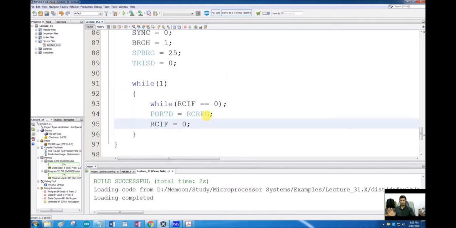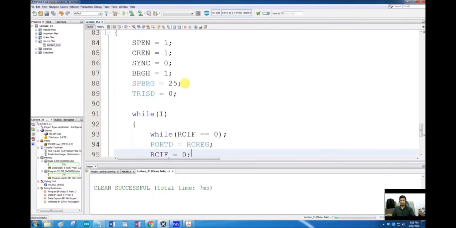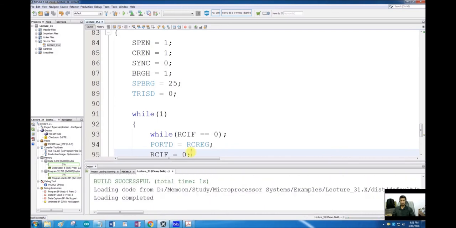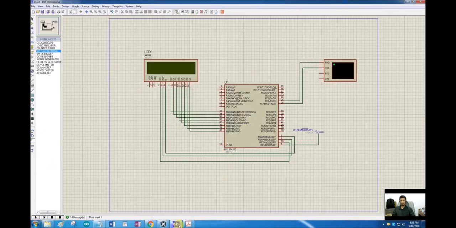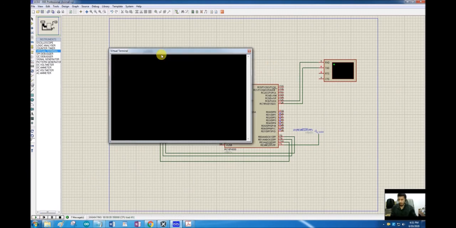So this is a very simple program for receiving data. Let's try to build it, and again let's simulate it in Proteus. Now I have to send data through this terminal. I am going to write A on this port, A, B, C, D, E.